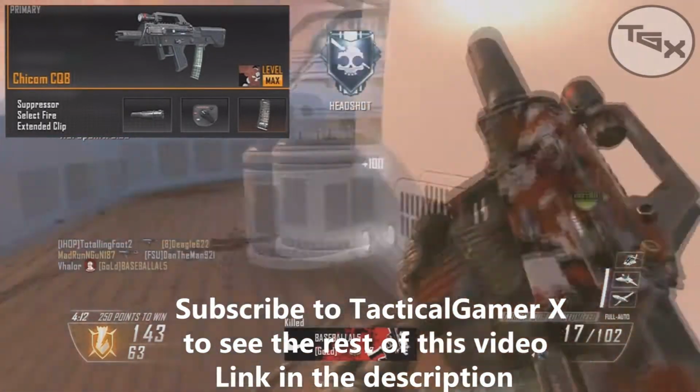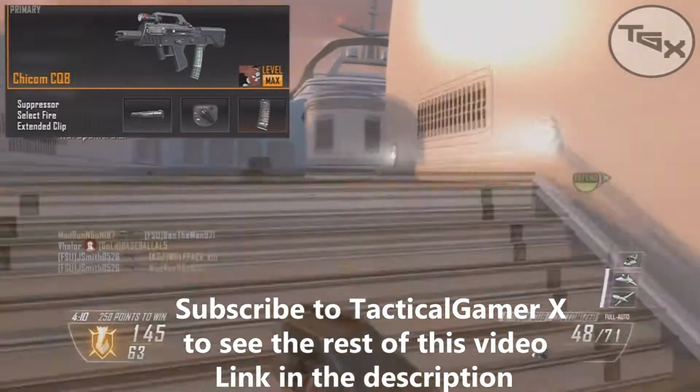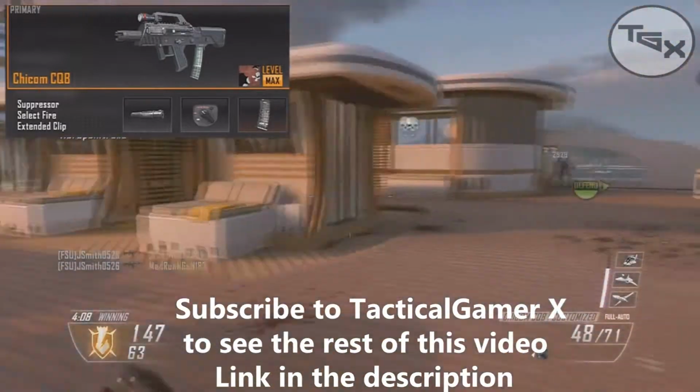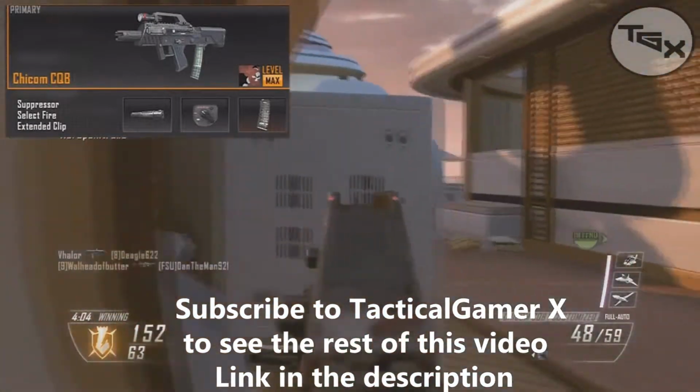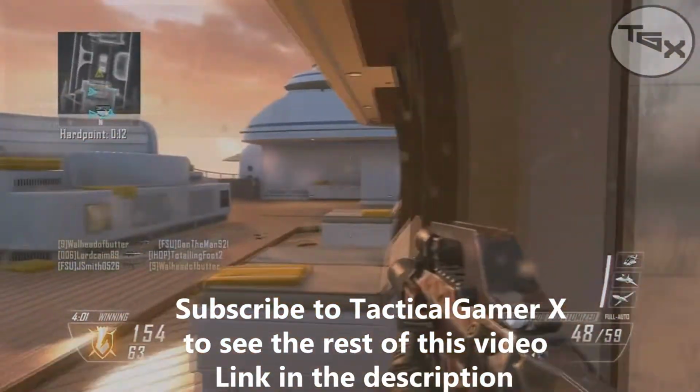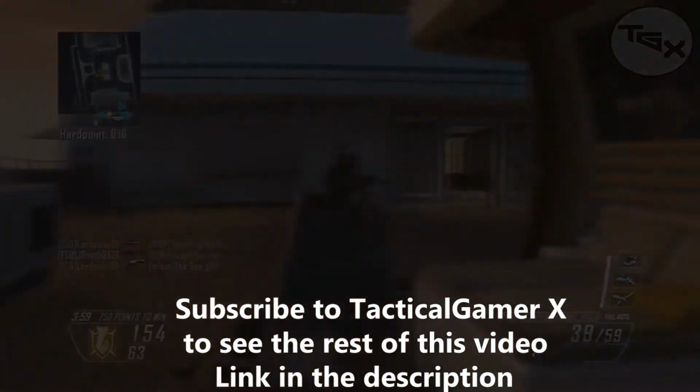And keep in mind, when you do have Select Fire, you can always change back to burst fire, so if you have to get that long shot, the burst fire will help get that extra amount of accuracy, which is nice. So we're going to go into the perks now. I start off